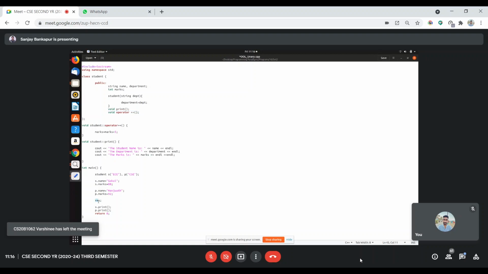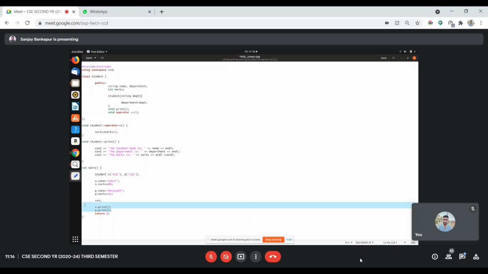So whenever plus plus encounters an object, the respective method which has been compiled and has a reference will be called during runtime. So plus plus s, s being an object of student named Gokul, Gokul's marks will be incremented from 88 plus 5, which is 93.